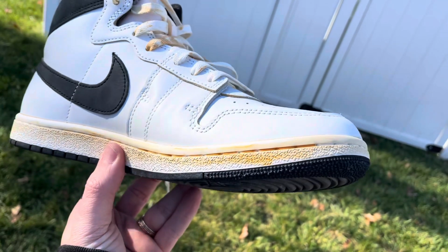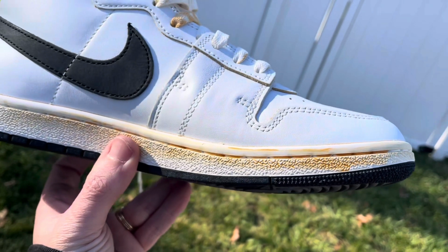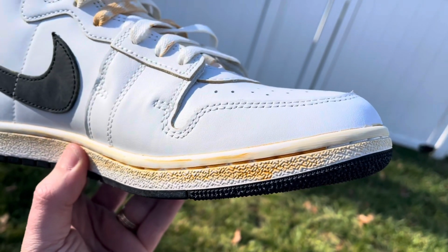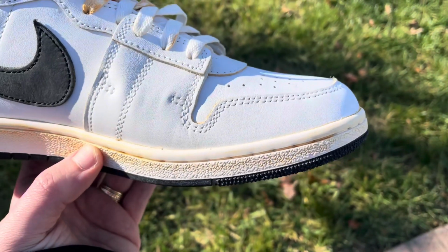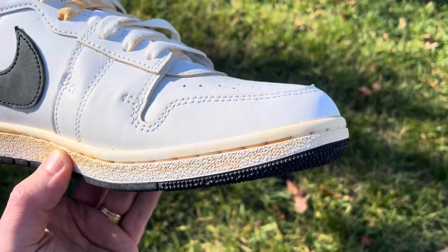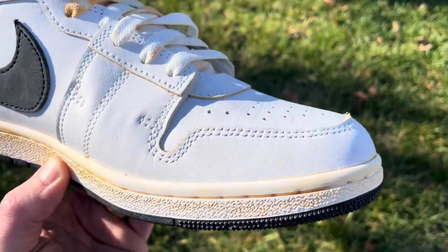Alright, so here's a good look at some of that excessive paint on the midsole. I heard some people saying that it's pretty easy to wash off, so I'm going to go give it a scrub for a second and see how it looks afterwards. Alright, so I scrubbed it for about 10 seconds and it came off quite easily. I didn't do the whole shoe, so it's still pretty heavy back here, but for time's sake I just wanted